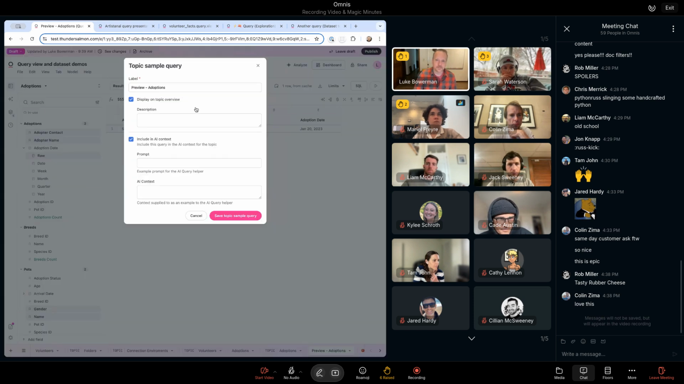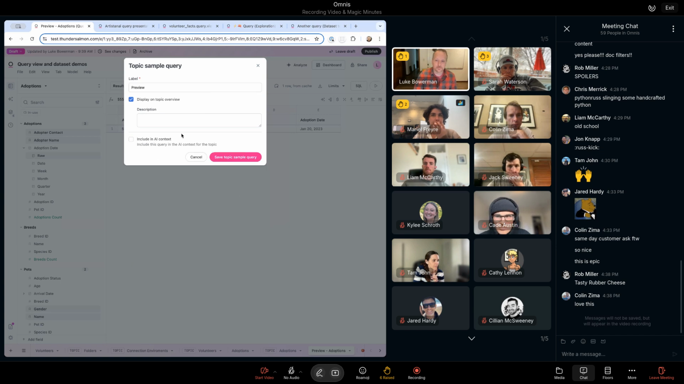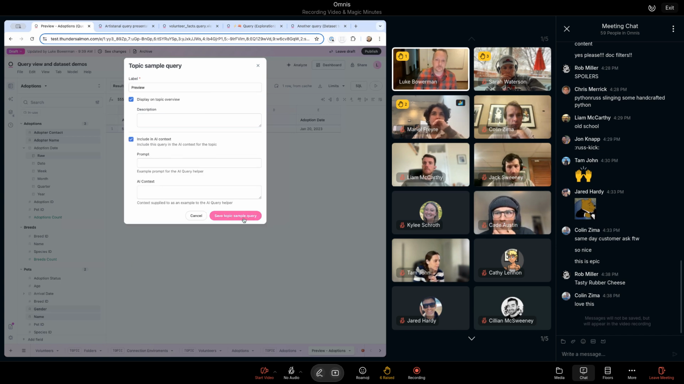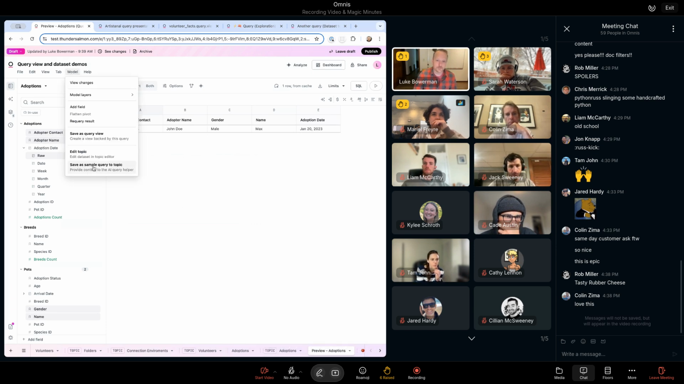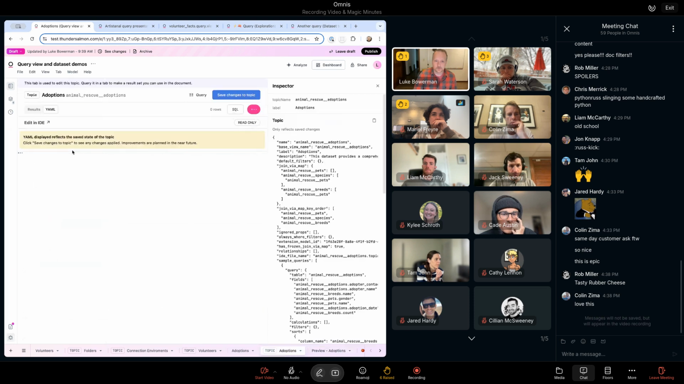I can say save. I have to know this kind of secret, which is if I name it preview, it'll go ahead and override the preview. And I can also, in the same way, if I want to,